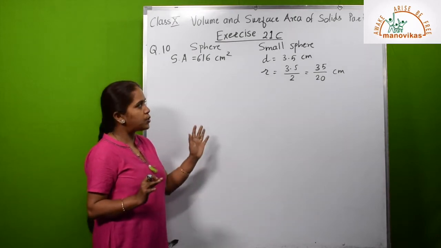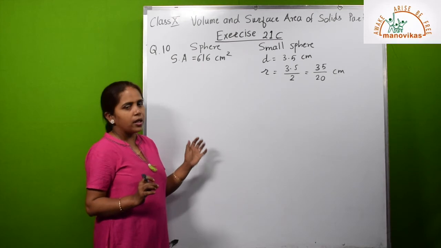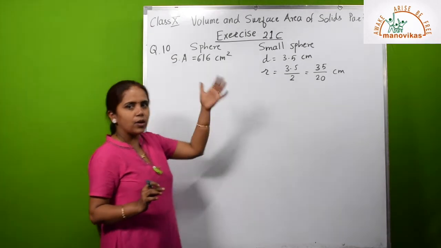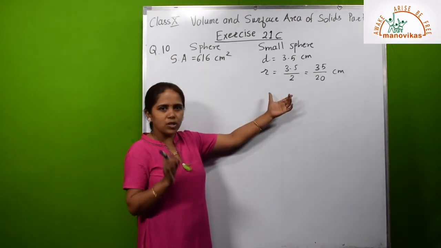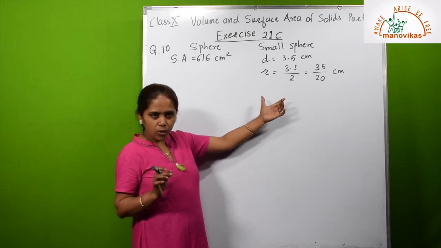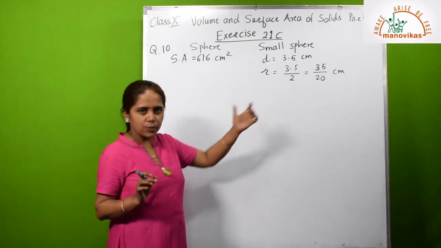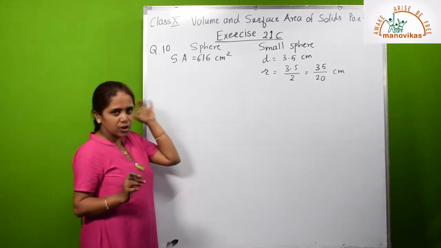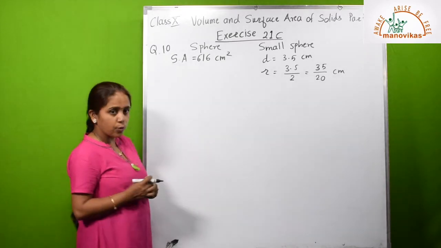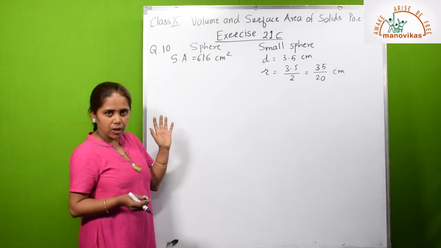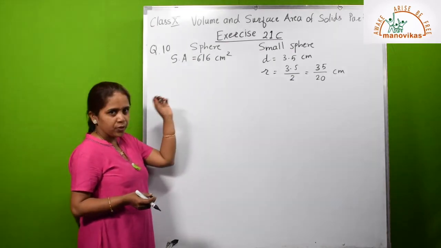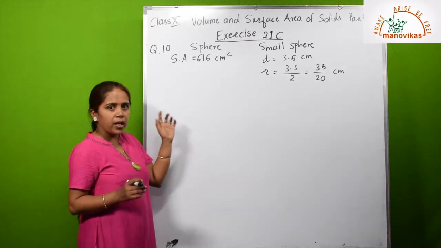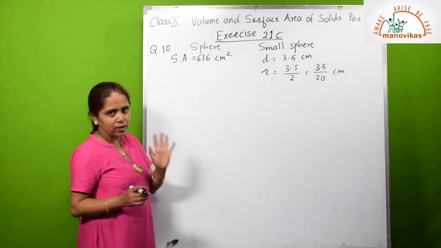So if the number of small spheres is n, then to find the number of spheres, we have to find the volume of the big sphere, then divide that volume by the volume of one small sphere. Okay, so you will get the number of such small spheres. Now to get the volume of this big sphere, the surface area is given, but what is the volume of a sphere formula? That is 4 by 3 pi r cube. So we require the value of r here. So using the surface area, we will find the radius first, and using the radius we can find the volume.